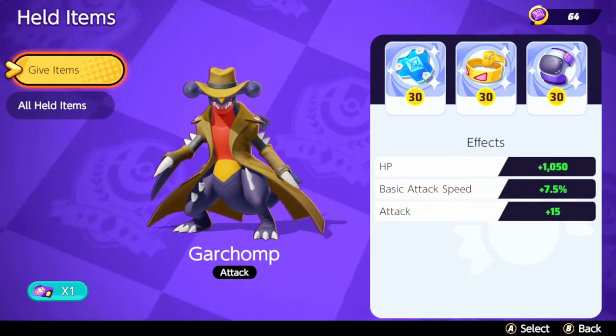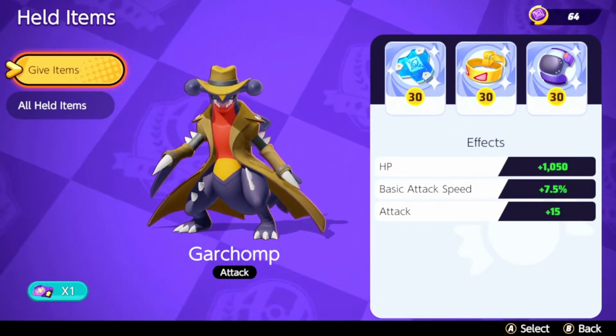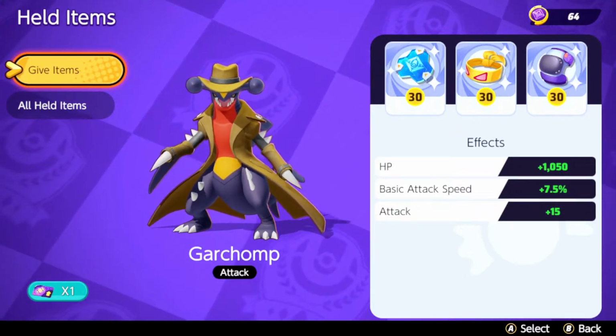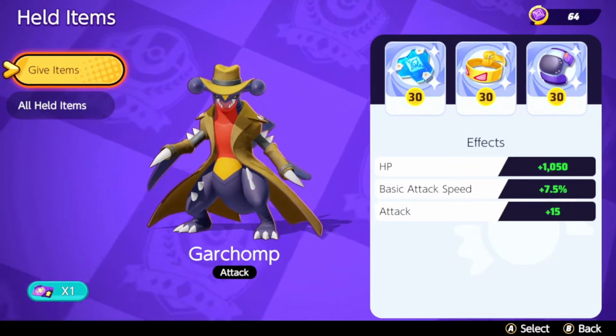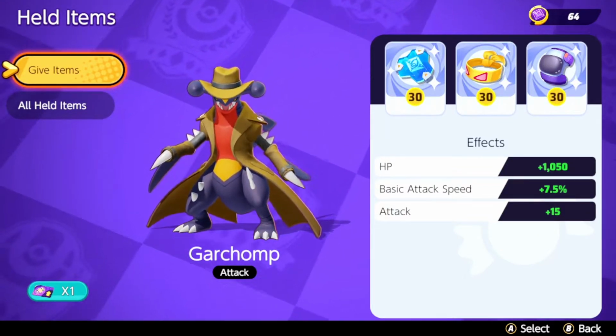Muscle Band is obvious as Chomp's basic attacks are the most important part of its kit. Buddy Barrier for the extra bulk, team benefits, and keeping Chomp alive during its admittedly meh Unite move. The last slot is usually reserved for Focus Band, as the healing pops from it keep Chomp alive in fights